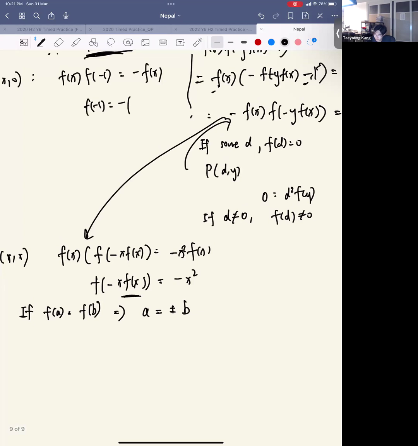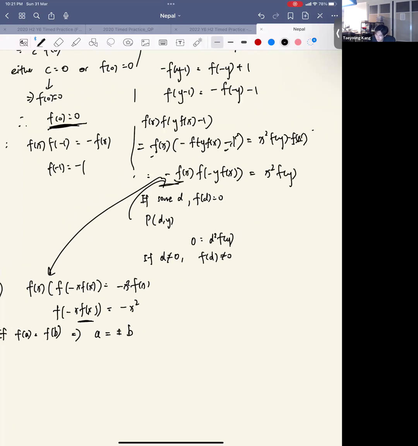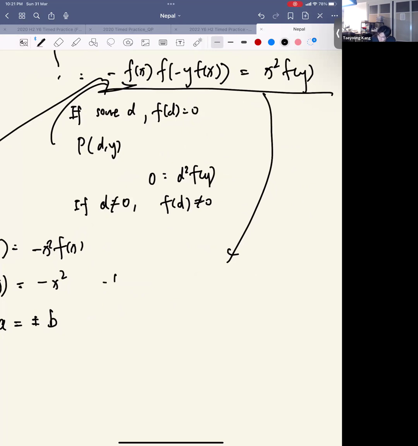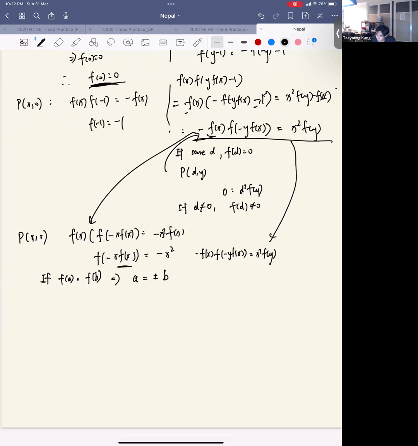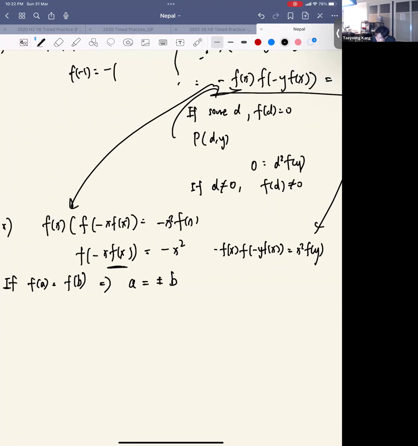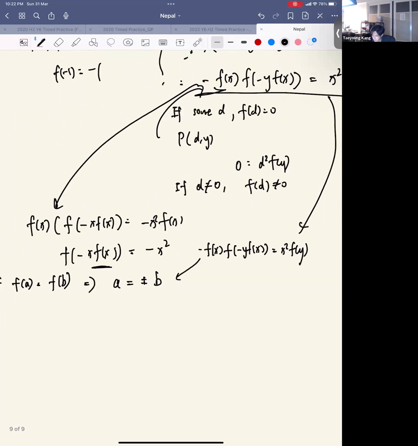I think it's more direct from here. So the assertion that f(-f(x)f(-y)f(x)) equals x squared f(y). Do you guys agree that this must be true? Because we substitute